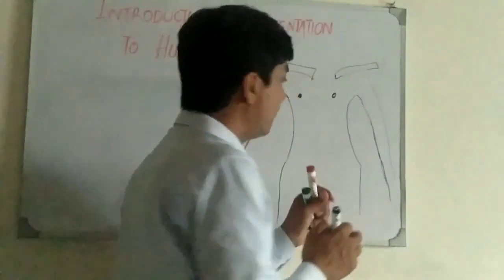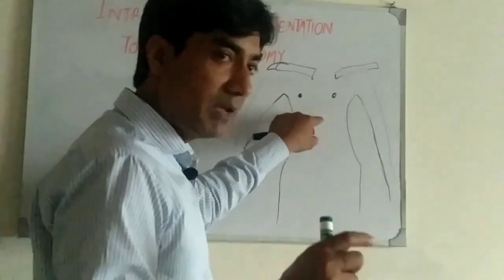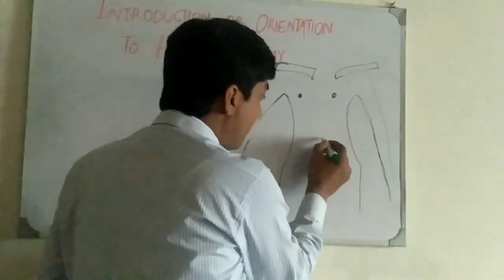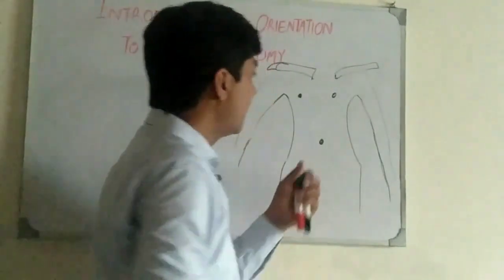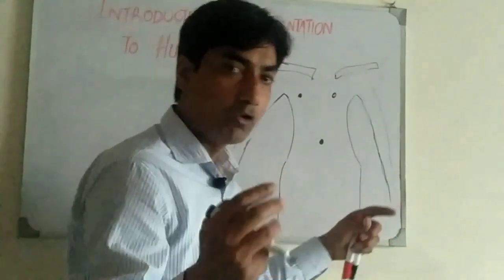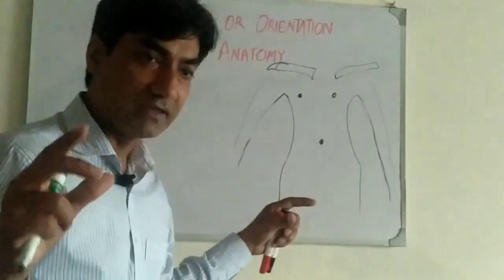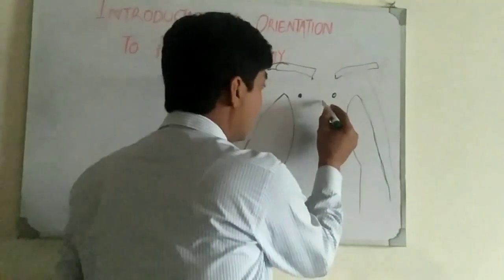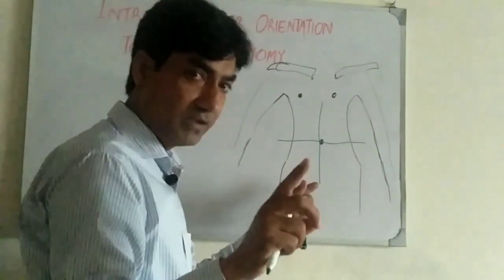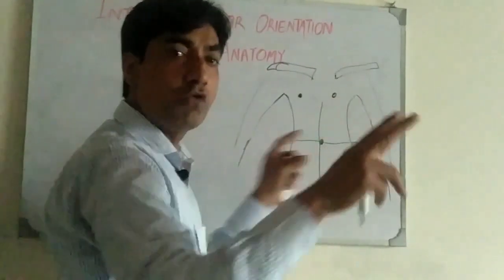The abdomen is divided into quadrants, four quadrants. For this purpose, because we are going to describe or discuss the abdomen region. In the abdomen region, at the umbilicus, because the umbilicus is found in the abdomen region, two lines are intersecting each other. One is perpendicular and the second is horizontal. Two lines are crossing at the point of the umbilicus and the abdomen is divided into four quadrants.